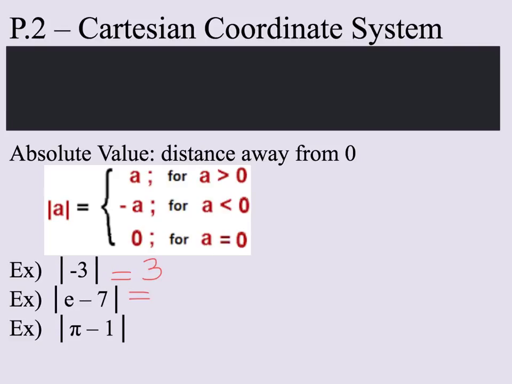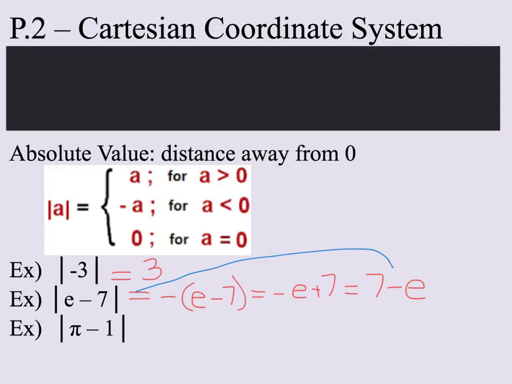According to our rules, if we start with a negative value, our answer is the opposite. So our answer is going to be negative of e minus 7. And if we simplify that, you distribute the negative, you get negative e plus 7, which can be written as 7 minus e. We can actually skip some of these steps and just say that the absolute value of e minus 7